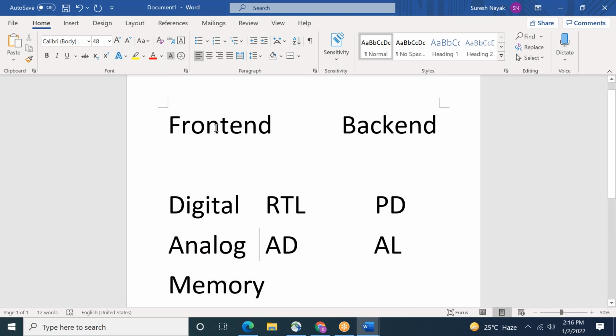What is the front end and back end? So RTL designer, understand, this is PD, physical design, and the industry will consider more openings in PD. In analog design, the market is very strong in analog layout and physical design, and they will do digital part only. Okay, I'll come to the work of this analog layout. Before that, what is the extra work I am telling? They will do timing analysis.